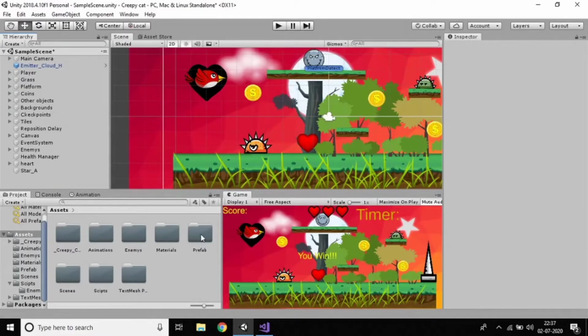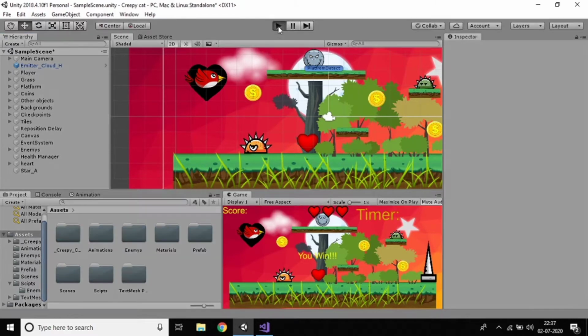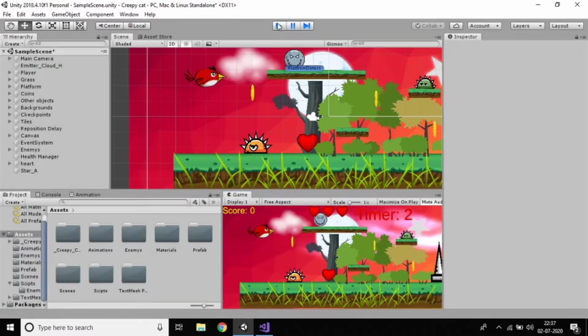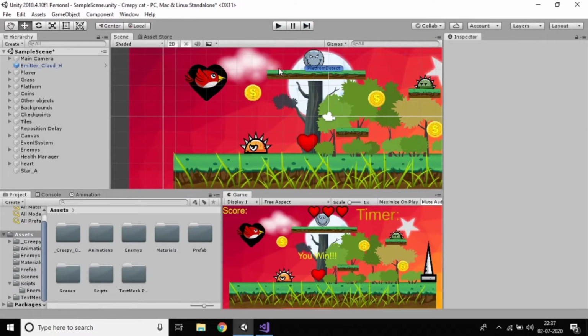So in the previous tutorial we worked on how to add a timer, and as the timer counts down, it automatically changes to red. You can observe that if my timer's actual time is 10, and when it reaches 5, my timer color automatically changes to red. I did this and it was very cool. And now in this tutorial we'll work with bullets.